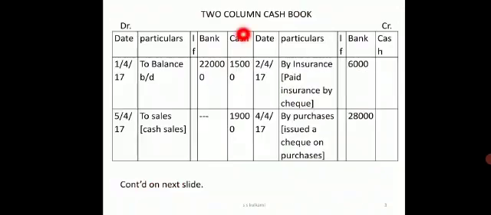Now we are having the two-column cash book. So now the two-column cash book has date. The debit side is the receipt side because all the receipts are recorded on the debit side. Then you are having the ledger folio. You are having a receipt number column, which is not taken here because of the lack of space. We do not have more space, so we ignored that particular column on both the sides.